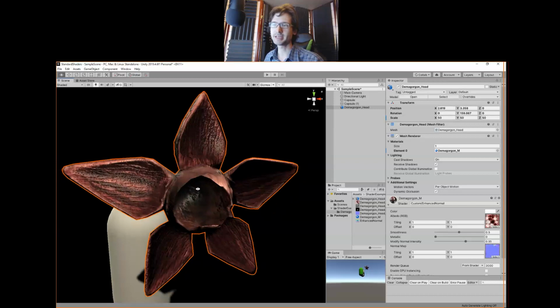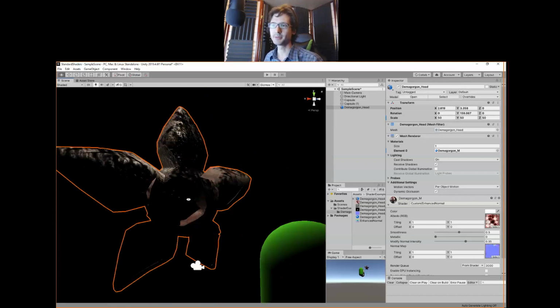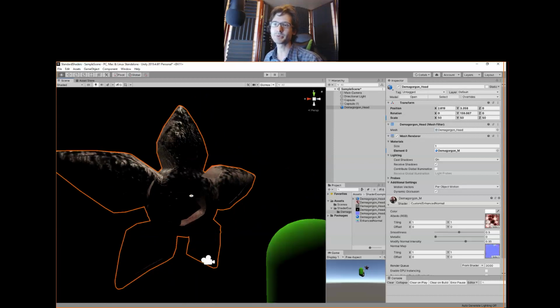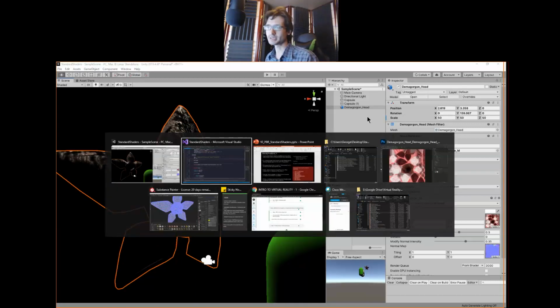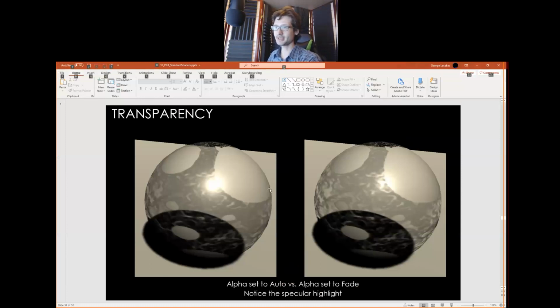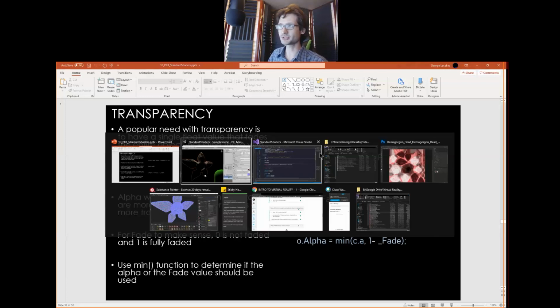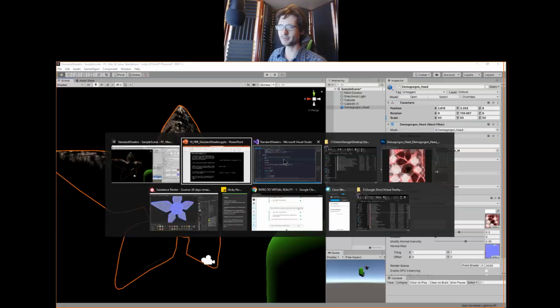And yeah, no change. And that's, until we do something different, that's going to be the way it is. But importantly, transparency does work, although not in the way we want. And what I'm going to do is we're going to get back to this part of the slide. I actually want to jump ahead because I was using less complicated objects before. Let's get fade working really fast, and then I'll show you how to fix that issue with it being weird